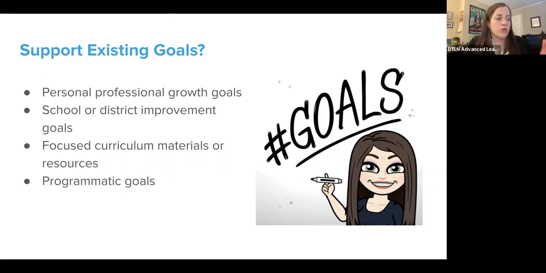If you have a school or a district improvement goal, then this is something you might want to include in that. But it doesn't have to. It doesn't have to tie to any of your district or school goals. But if you have certain things, like you want to work on certain curriculum goals, maybe there's something you can align this with, and really work on it, have it help you meet that goal as well. So just something to consider.